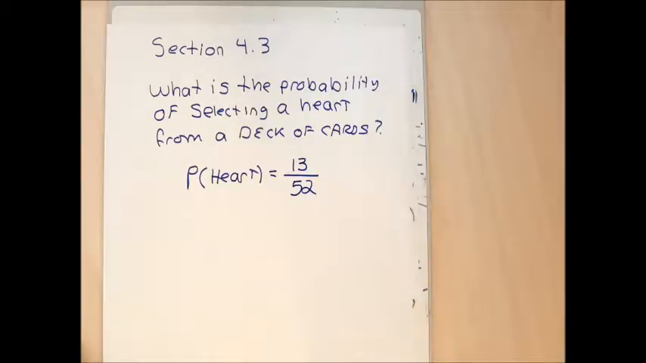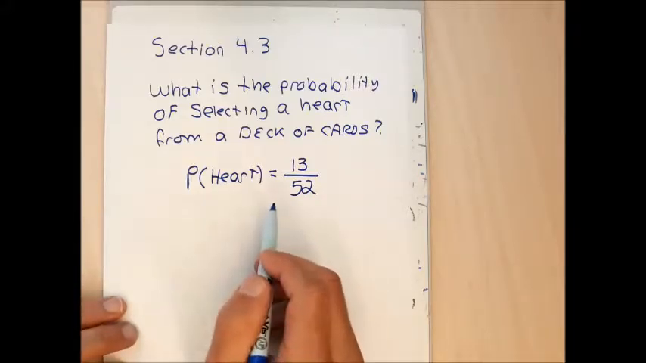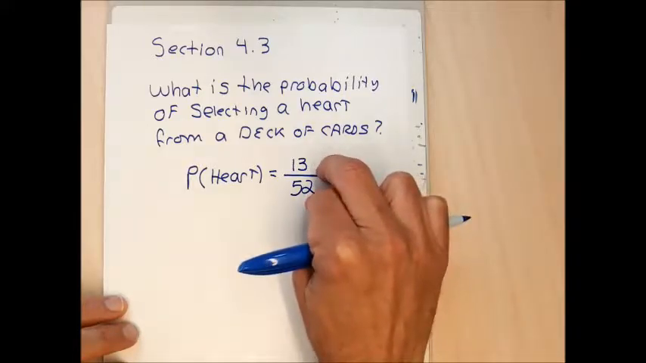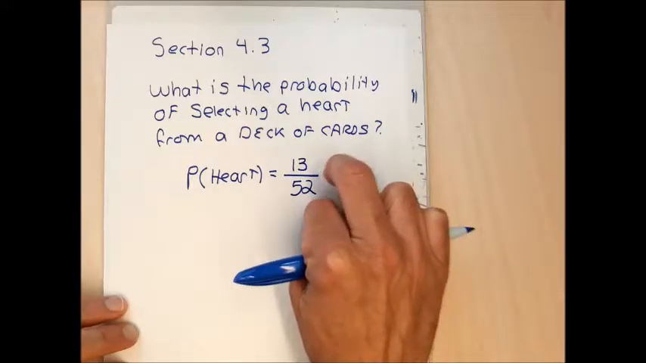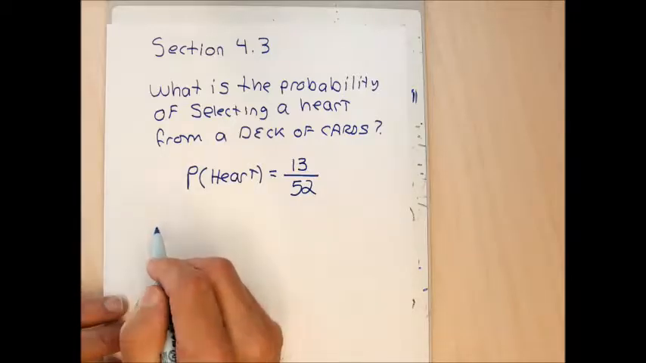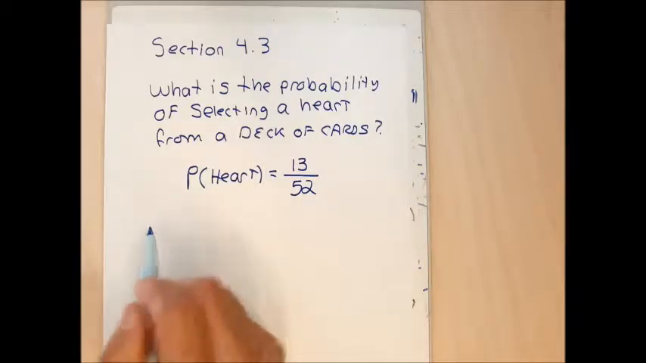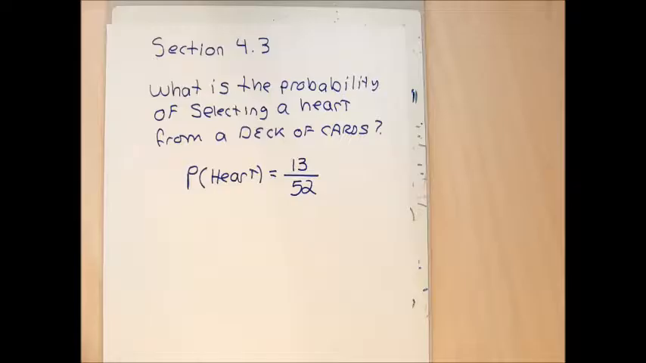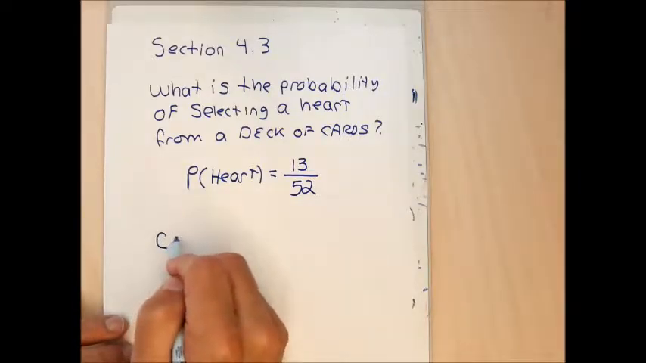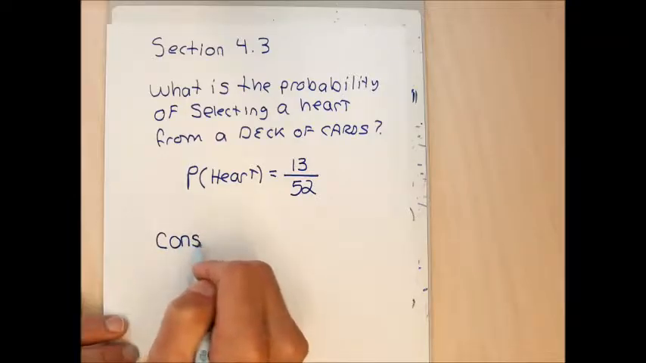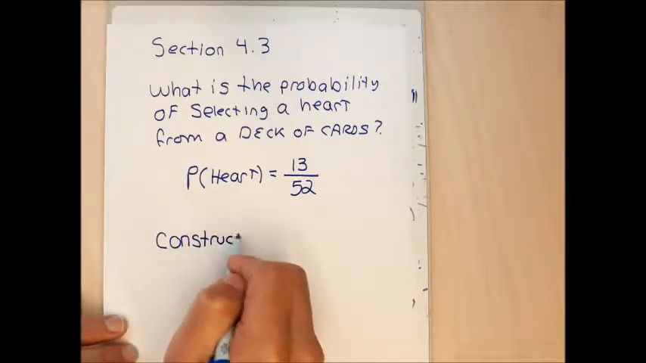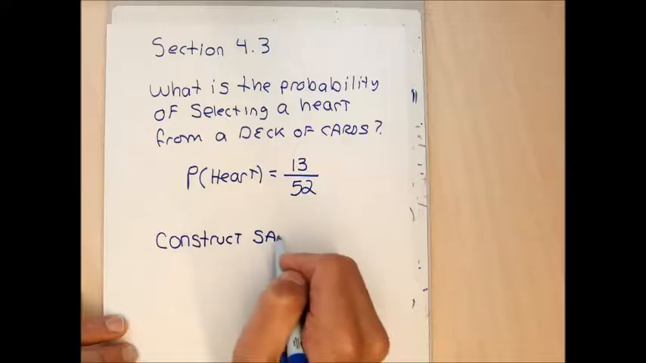In this section, we're going to be doing slightly more complicated experiments, or slightly more complicated probability problems. And we're going to need to figure out a numerator and a denominator for a probability problem. There's going to be some algebra or some strategies that we're going to use. There are two things that we're going to learn in this section. We're going to learn how to construct sample spaces